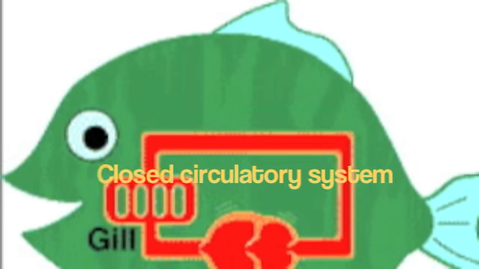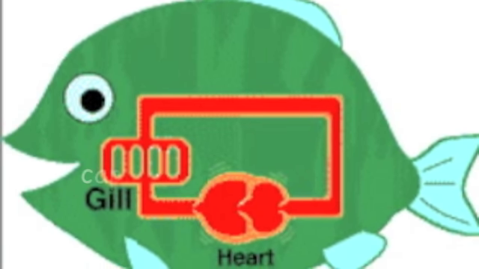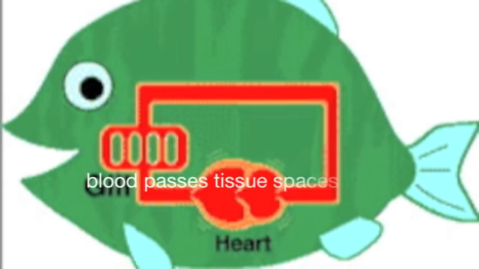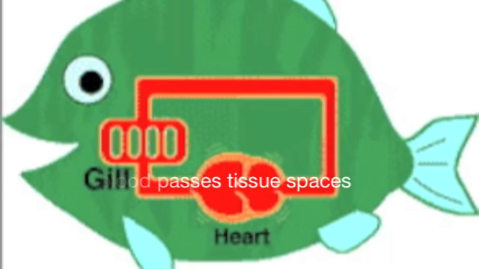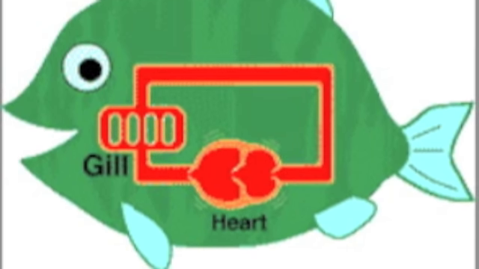Chordates have a closed circulatory system. Closed circulatory systems have the blood enclosed at all times within vessels. In this type of system, blood is pumped by a heart through vessels and does not normally fill up body cavities. In tunicates and cephalochordata, capillaries are absent and the blood passes through spaces in the tissues instead. The difference is that in tunicates, blood is propelled by a distinct heart, whereas in cephalochordata, blood is propelled by